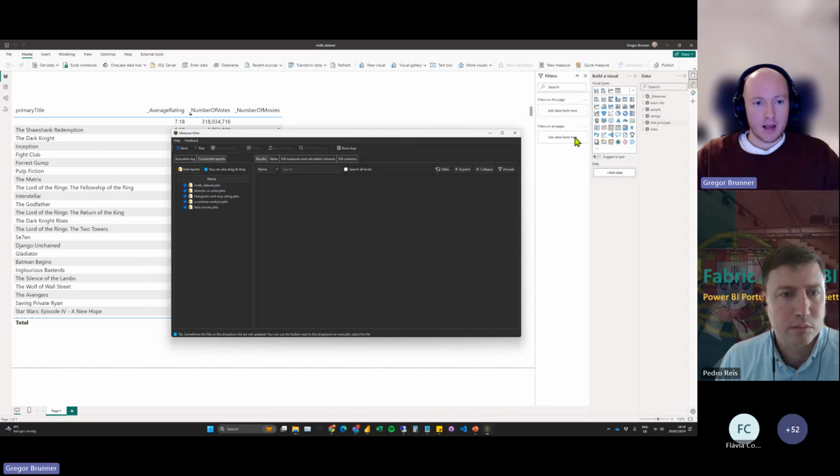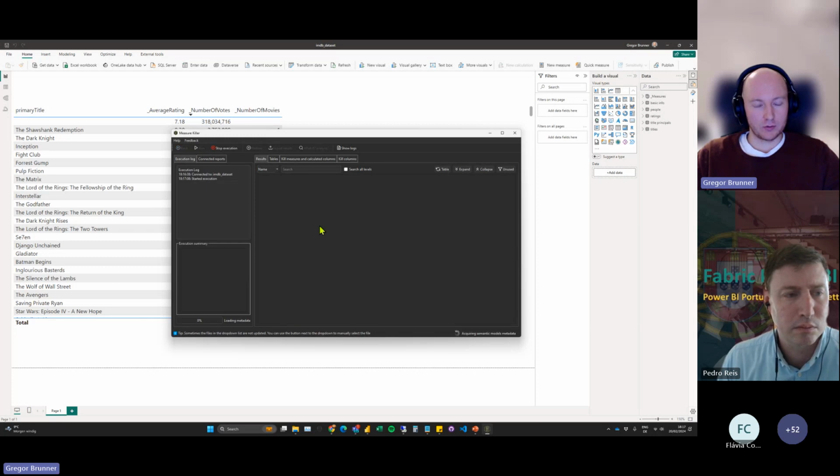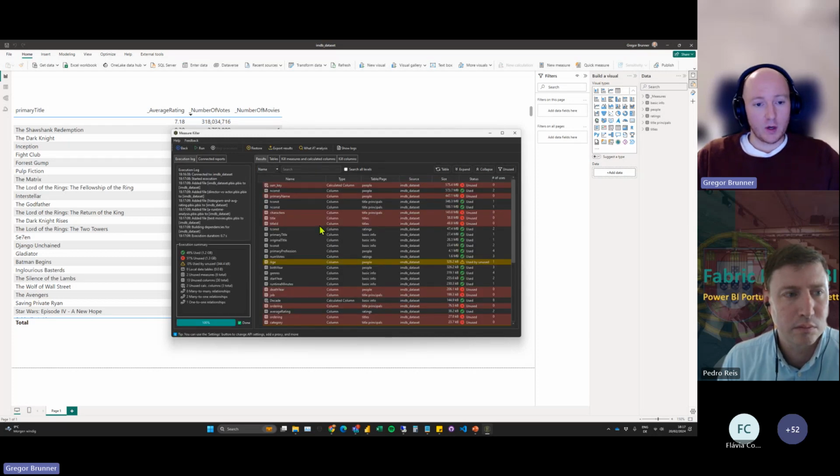And now it can do the analysis on top of the data model, and all the pages of all those reports that I added here. I can just click on run, and then we can get our output. So boom, that's it. Quite fast. Let's start with this summary here.